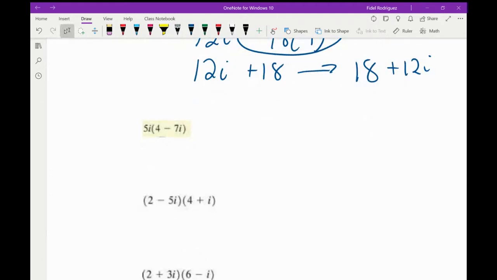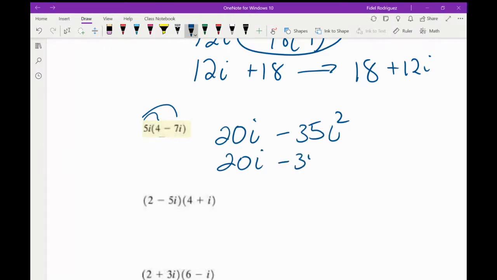All righty. And let's do the same thing right here. So look, 5i times 4, that's going to give me a 20i. 5i times negative 7i is a negative 35i squared. And then we said i squared is negative 1.